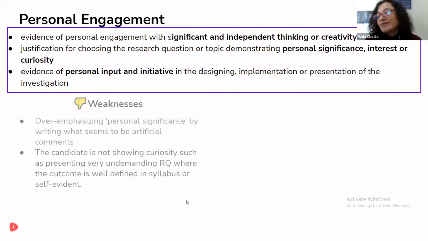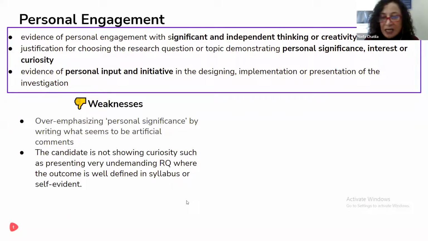Now, for the weaknesses that we usually notice in students' IAs with respect to personal engagement: overemphasizing personal significance, or including comments that are really artificial. The subject report often advises teachers to instruct their students not to specify a section for personal engagement. The personal engagement, again, should stem throughout the report, being authentic, being genuine, because you have a very